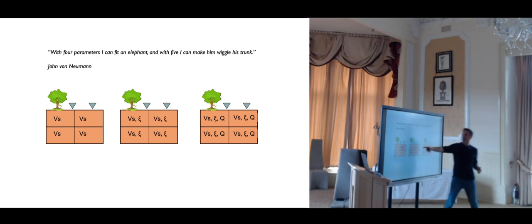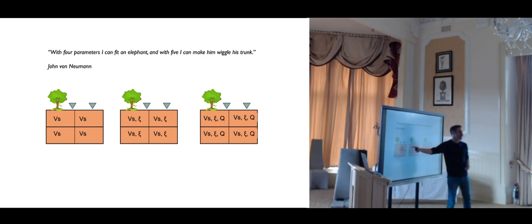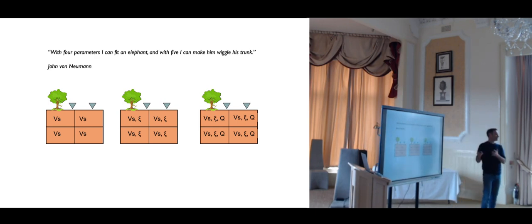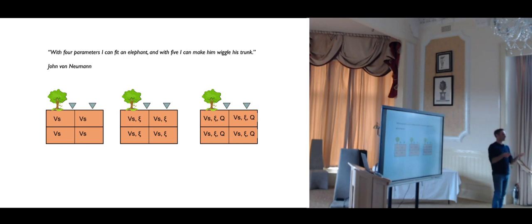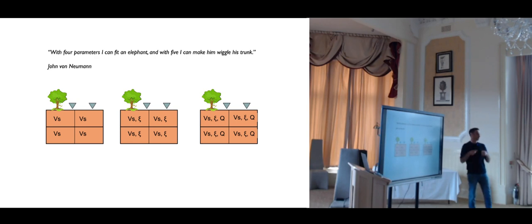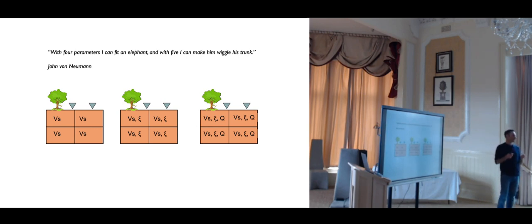For example, in seismology, we like to invert for the velocity of seismic waves. So we can say, okay, we're going to try to recover the VS, the shear wave velocity. But we can also be a bit more ambitious and say, let's also try to invert for anisotropy. We add an extra parameter, an extra degree of freedom. And we can be even more ambitious and say, let's also try to invert for attenuation. We can always go and add more parameters. We could also try to recover the anisotropy of attenuation if we wanted, right? So how much can we resolve? How much can we really resolve? This is really the problem that I'd like to talk about today.